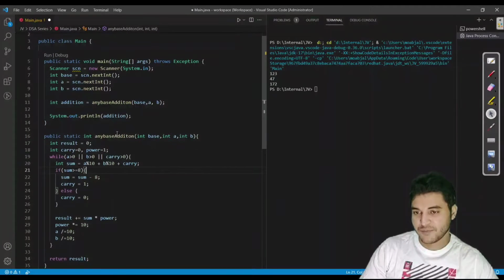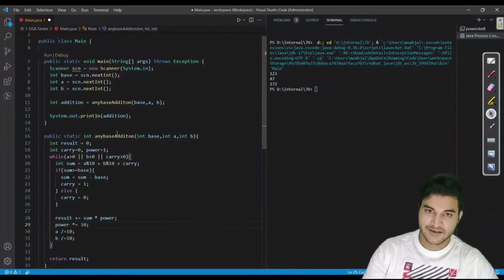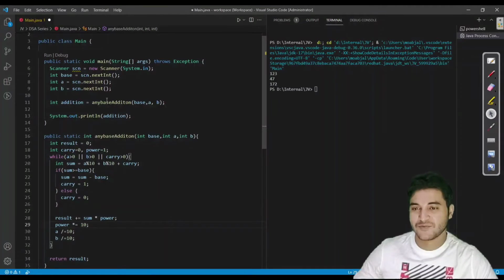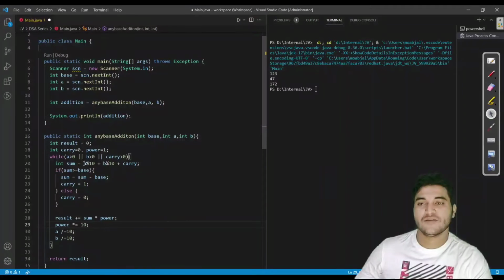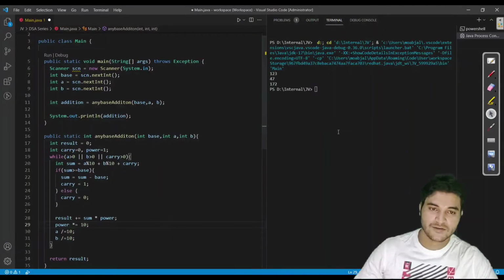And when we are comparing these two numbers, we would compare with base. Also when we are subtracting the base, we would subtract the base, and we are done. Nothing is remaining in this particular program. Why are we done so soon? Because we have invested our time in our previous videos. That's why we are done very soon with this video.